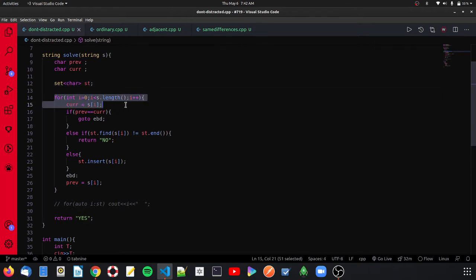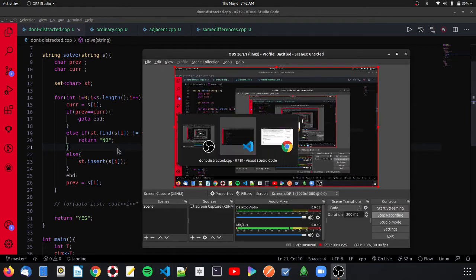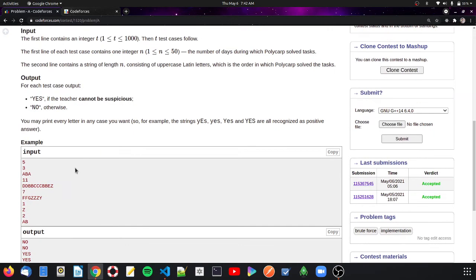So I'm looping through the string, assigning the current first character to the current variable. Then if the previous and the current are equal, we'll skip it, because if both of them are equal, we don't need to insert. Let us see at this point of time.